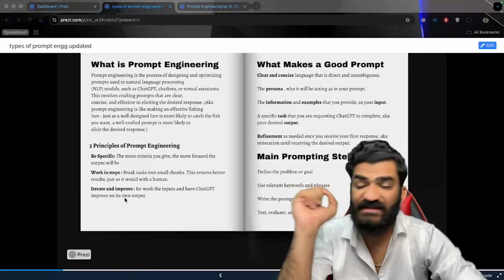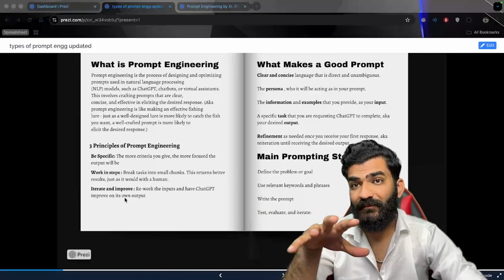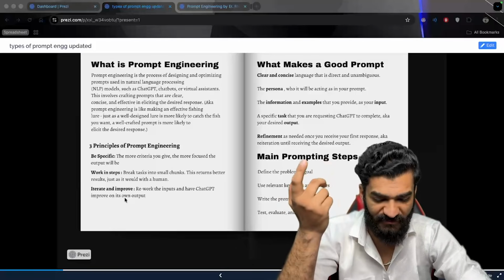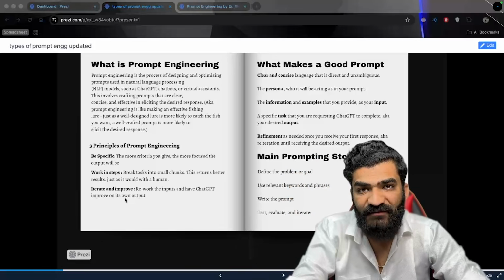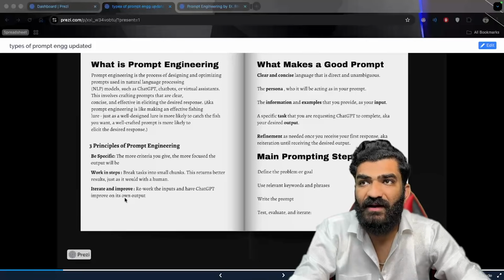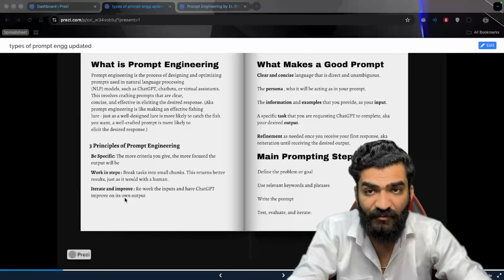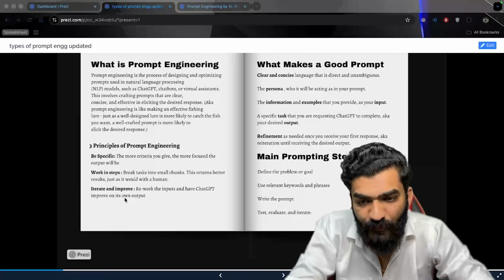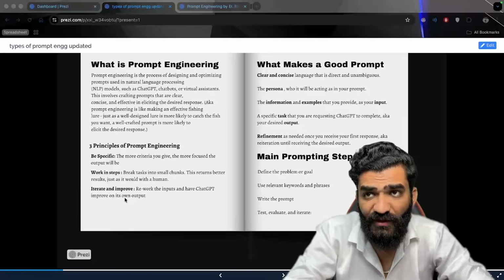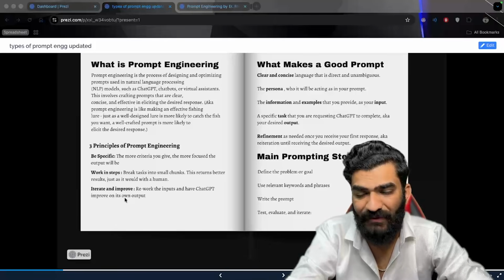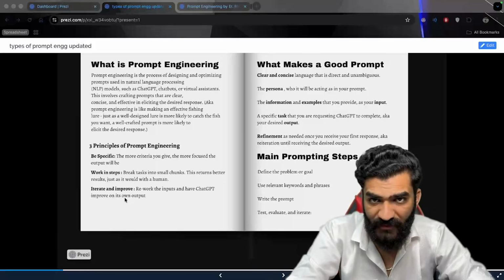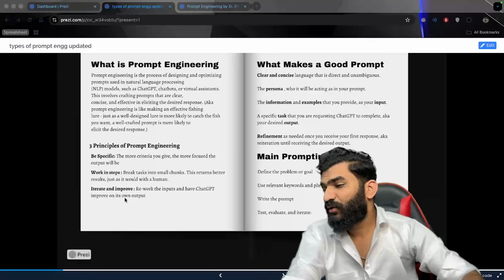the second principle, work in steps, right? I am giving you too much information, but again you will miss out on a few pieces of information, right? You will miss out on a few instructions, right? So now when you go back and do the prompting with the missed information, you will not get the desired output, right? So what you will do, you will again come and watch the video. You will try with the same examples that I would be doing in this video. So what you are doing, you are iterating over it more and more and more to improve